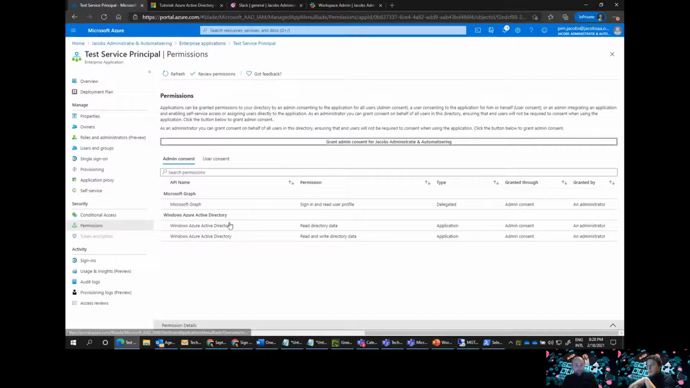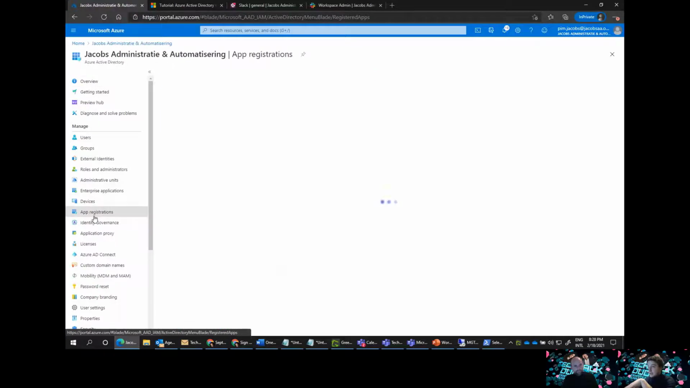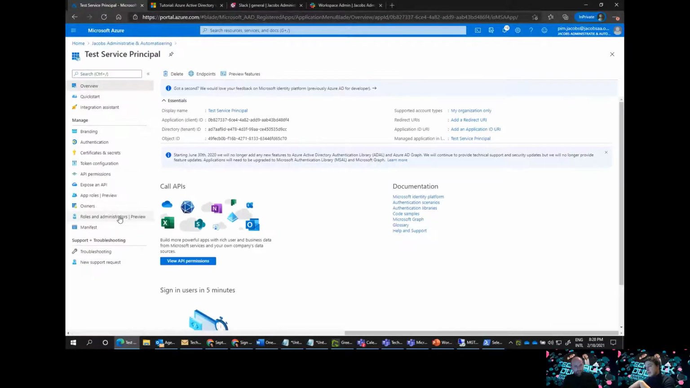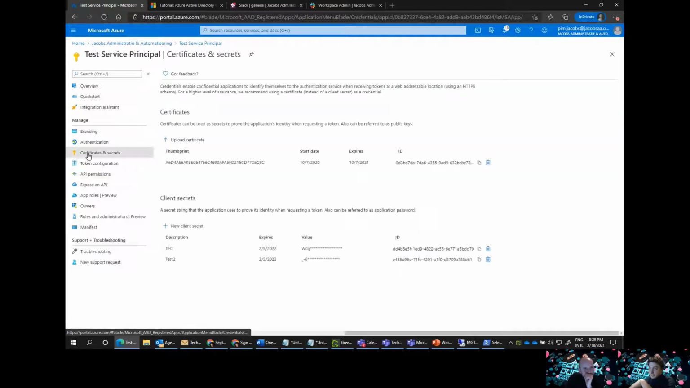Now, the way you can do this, and this is where they work together. So the service principal is created in here. You cannot add permissions in here because there is no way you can click on add right here. Yeah. You created it for the enterprise applications. You go back to the app registrations. You hit on test service principal, and you go to the API permissions, and in here you can add permissions. Yeah. And in here you can also say, let's put a certificate on it, or let's put a client secret